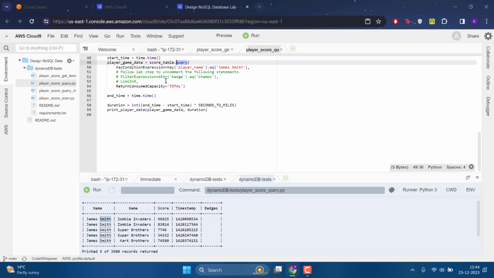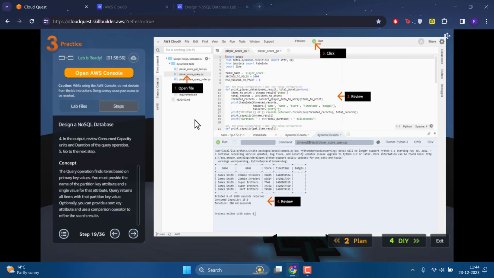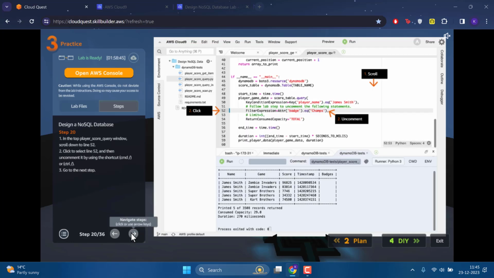similar to the GUI, and you definitely have to pass a partition key. Nice. This is the practice, right? They are going to hold our hands and show us each and every step. Then as a DIY, they will leave it to us. Okay, once that is done, they are asking us to